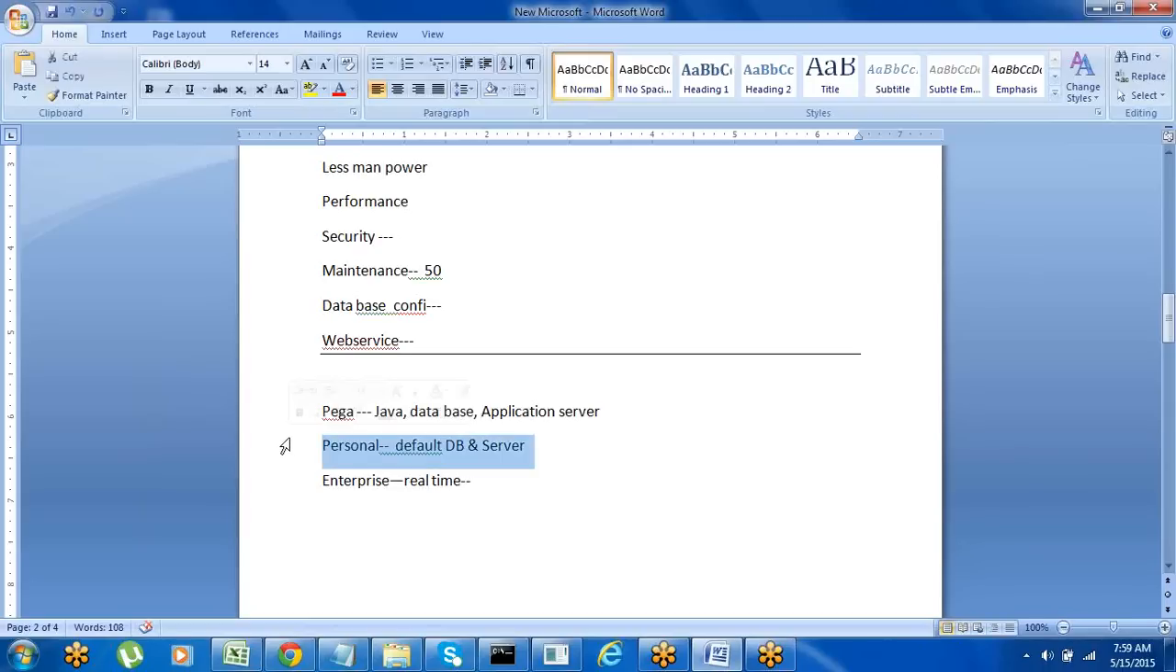Don't worry, the options and tool are the same. When you go to real time, you will get the same options and the same rules in the enterprise edition also. But there you can select the appropriate database for the application, choosing the database and server according to the project requirement. In the personal edition, by default it will install the database and server, where the application server is Tomcat, the default server, and the database is either